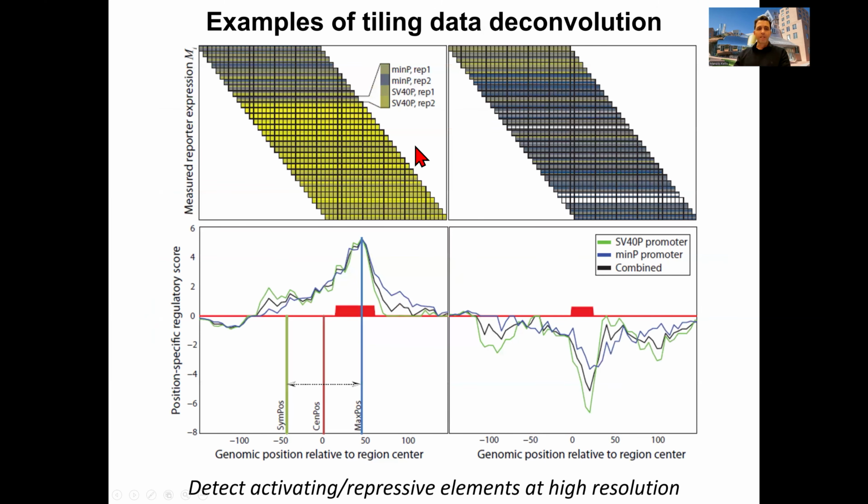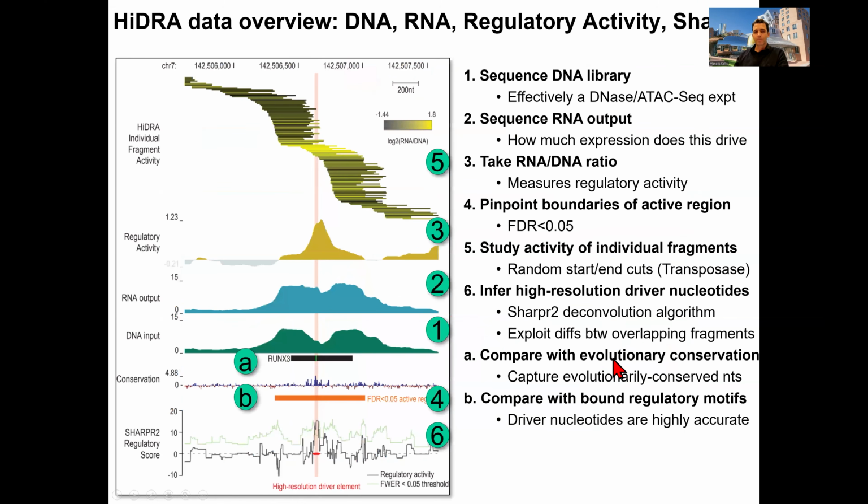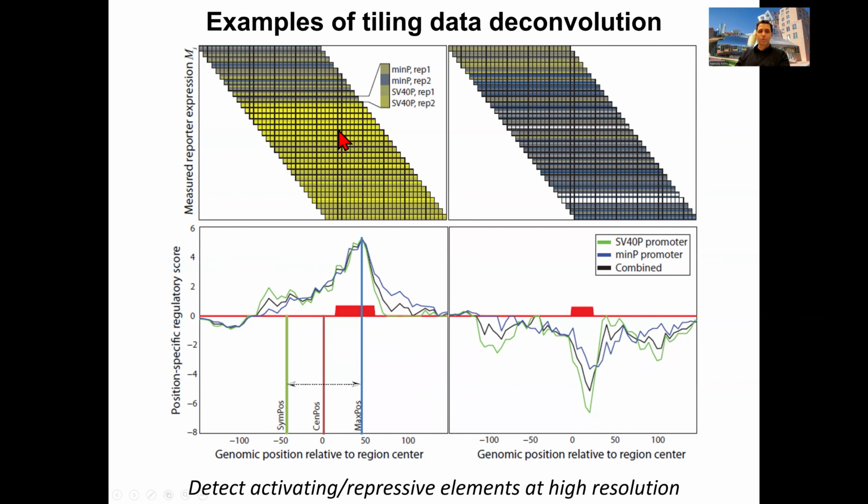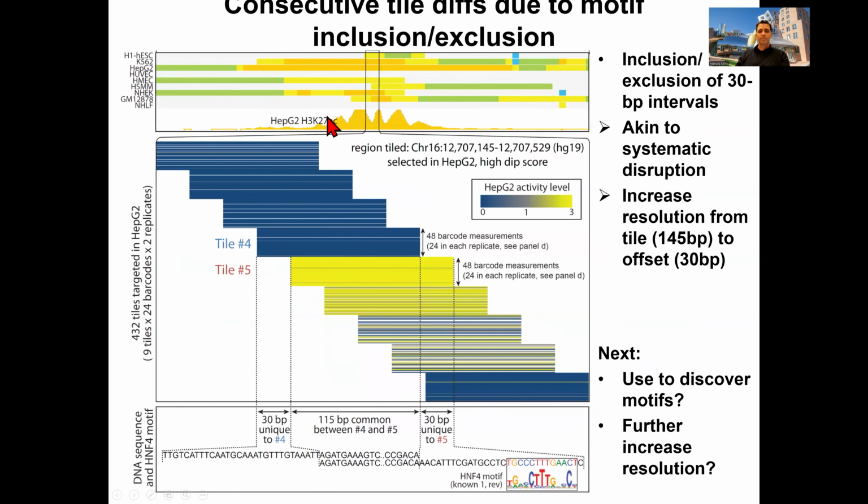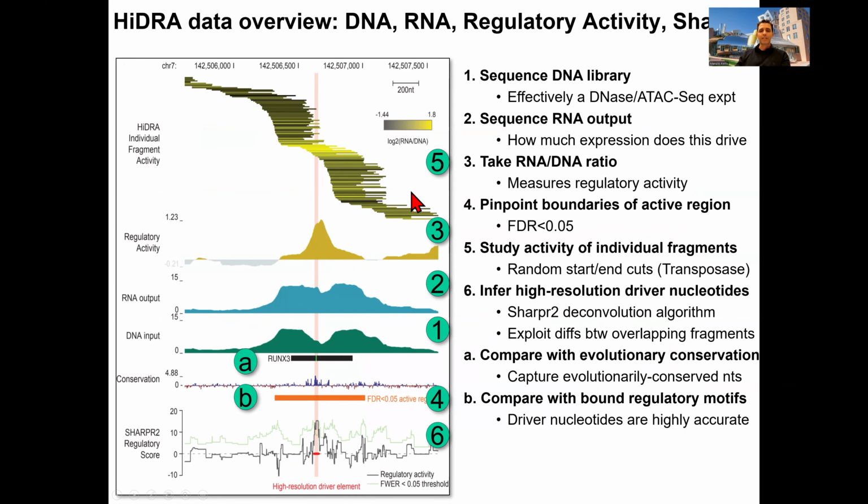But you can go a step further and say, well, what if I made smaller tiles? Then can I detect with very high resolution exactly when my regions start including that motif and when they start excluding it again? And you can do that for activating motifs, also for repressive motifs, where you see activity, but as soon as the repressive motif is captured, you see less activity. And you can go a step beyond that and say, well, I can synthesize these regions 145 base pairs at a time, or I can simply cut these regions off of the genome with random fragmentation and then test them using